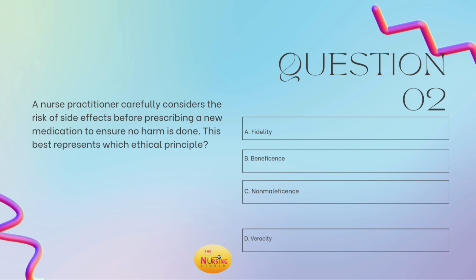Pay close attention to these phrases and really deciphering these, as beneficence and non-maleficence can kind of teeter closely together, as beneficence is to do good, to benefit them, right? Whereas non-maleficence is to do no harm. So I say, if you get in a scenario and you're trying to figure out one versus the other, I say approach it like this. Is this specifically done to do a good deed? You're going above and beyond just to do something good. Or are you doing this specifically to remove any harm? Okay? So like in this scenario, it tells you to ensure no harm is done. So to do no harm, okay?